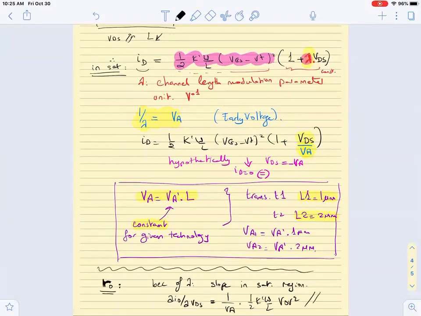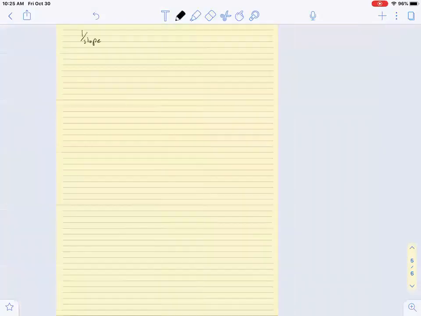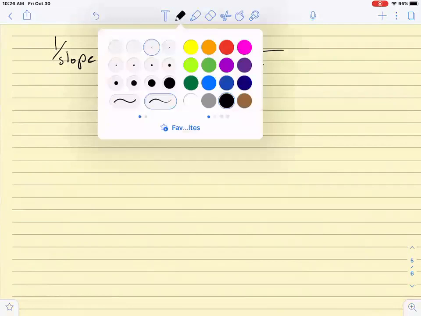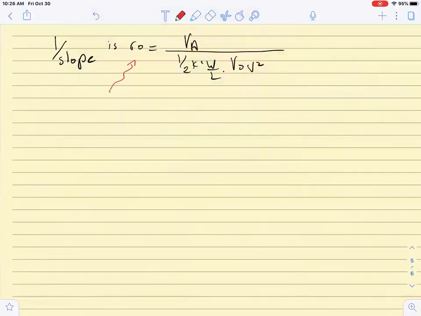So we started getting a slope. Now we will see what the resistance is. The resistance, 1 over the slope, we refer to it as RO. 1 over the slope is RO, and therefore RO is actually VA over half K prime W by L times VOV square. So if I know the current without channel length modulation, and I know the early voltage, I can know this little RO, and this little RO we refer to as the MOSFET